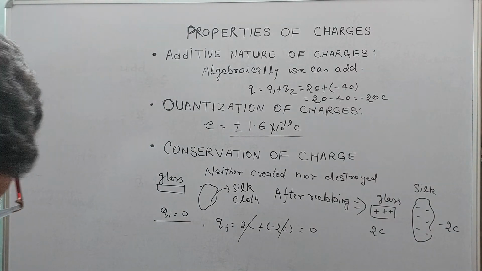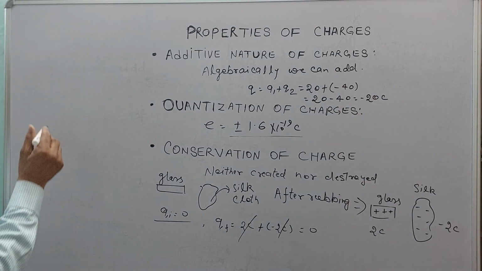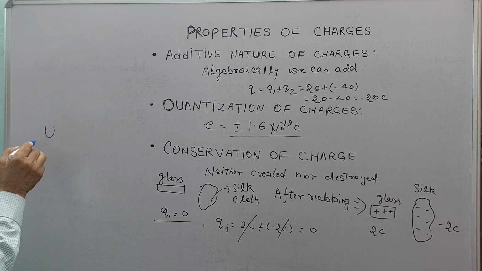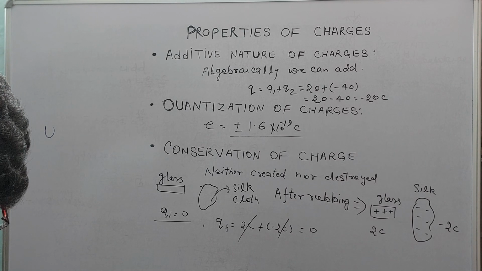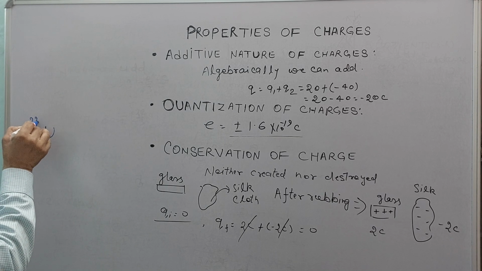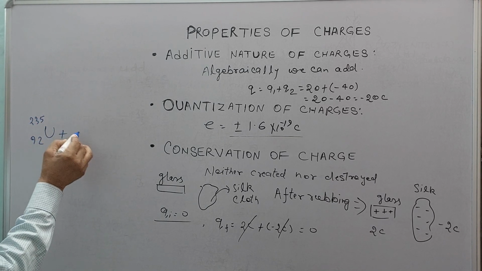So here the example is uranium, atomic number 92, uranium 235, when bombarded with slow moving neutrons,